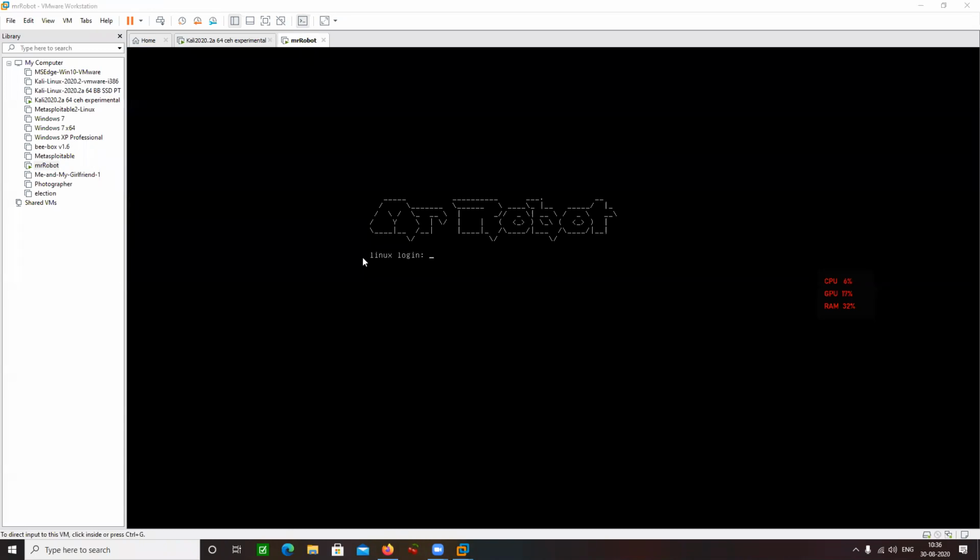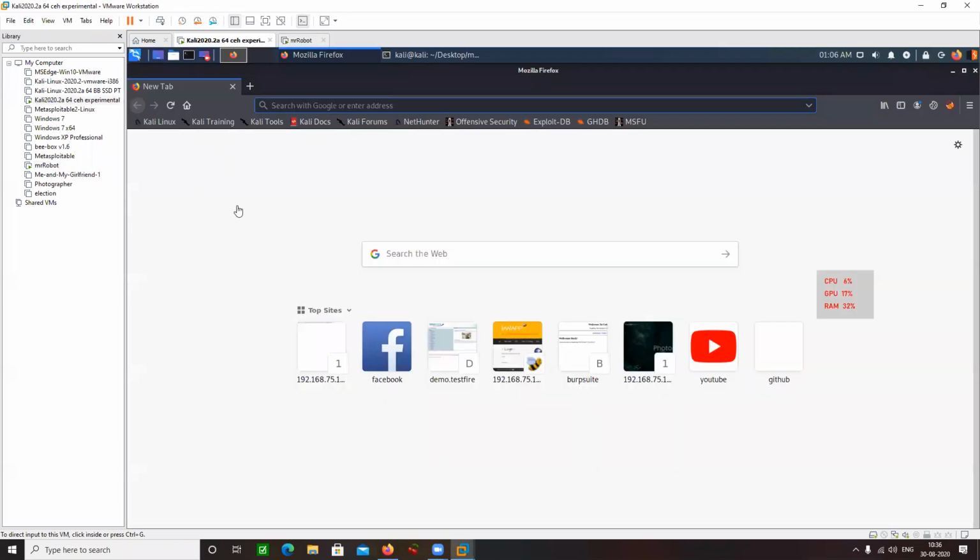Before that, let me just tell you a little bit about IDOR. What is IDOR? That is the last thing that I'm going to talk about in web application. IDOR basically stands for Insecure Direct Object Reference. That's one thing. Now, what is Insecure Direct Object Reference? Can anyone explain it to me? What is IDOR? Insecure Direct Object Reference.